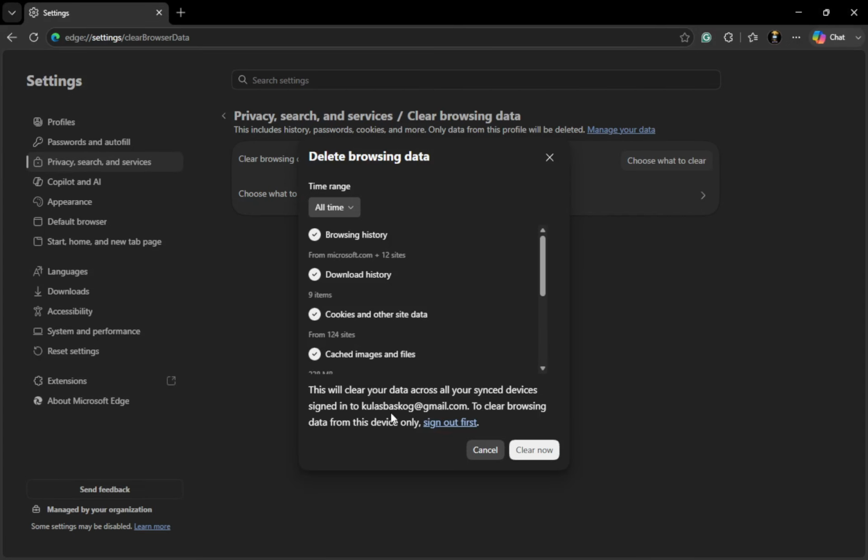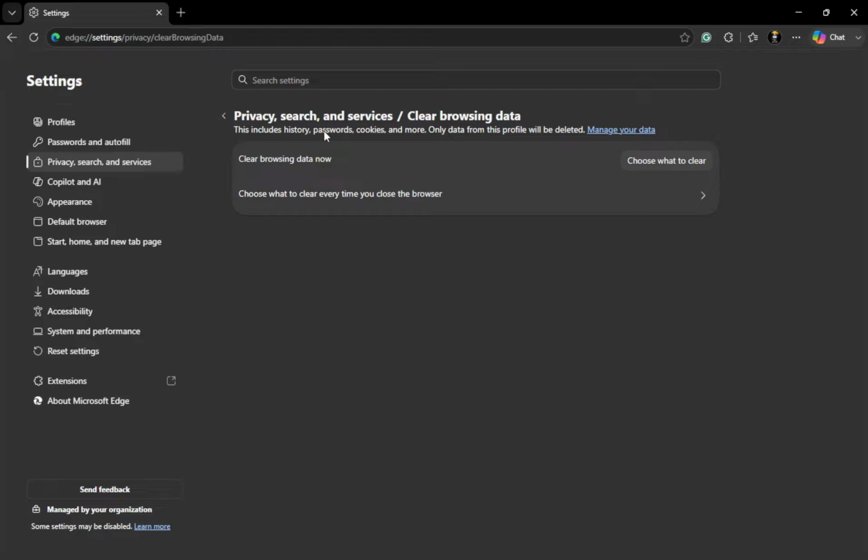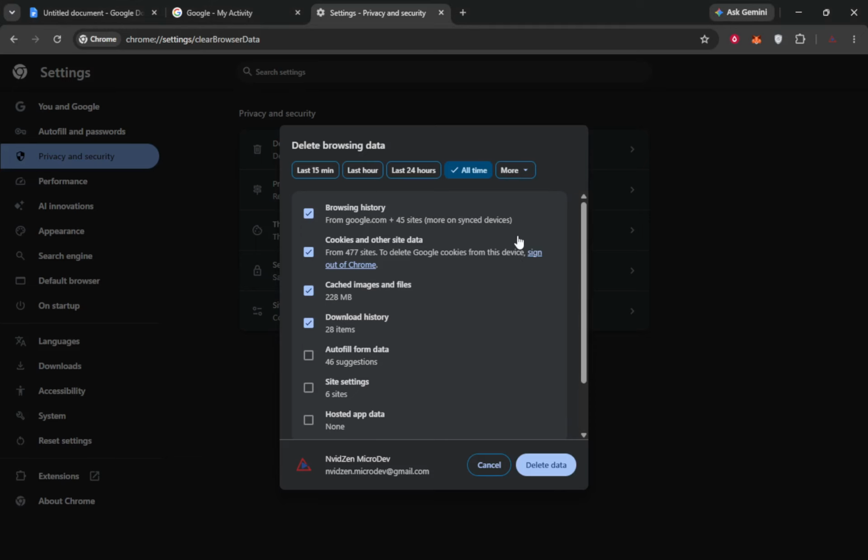Also, deleting browser history does not erase records held by websites, your Google or Microsoft account, your internet provider, or a workplace or school network. Those systems keep their own logs, and clearing your local browser history only controls what stays on this particular computer. You have now learned how to clear browsing history in Chrome, Edge, and Firefox on your Windows computer for all